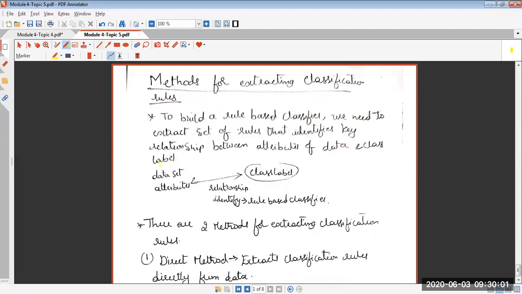Now coming to the next topic, topic 5. In the previous topics, we just assumed that the rule had been constructed based on previous observations or a historical database. But how it is done, that part was not touched upon. We did not see how the classifier builds the rules, what method or mechanism it uses. We only explored that a classifier will build a rule based on previous observations, and what happens if a conflict arises. That is what we saw in the previous topic.